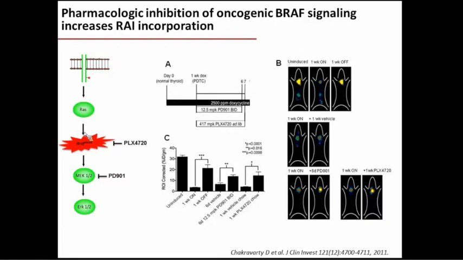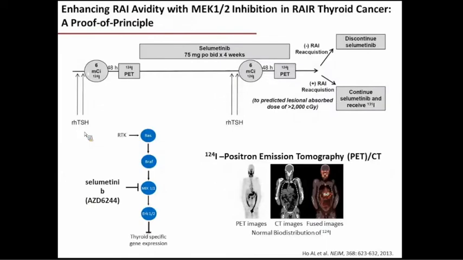And here we used iodine 124 PET imaging to look at uptake of iodine in the thyroid. 1 week after switching BRAF expression on, you can see that it's decreased. When we wash out doxycycline, it's restored. And we get a similar effect when we treat with either a MEK inhibitor or a RAF kinase inhibitor. So that was the study that provided us the rationale to design this clinical trial that was led by Alan